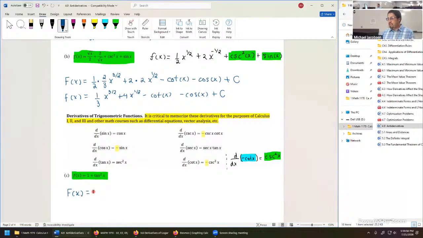But then we're stuck because this is a weird question. When have you differentiated something and got a tangent squared out? Really weird question in a certain sense, right? Sure, we've differentiated a tangent and got a secant squared out. We've differentiated a cotangent and got a negative cosecant squared out. But I don't think we've differentiated a function and got a tangent squared alone out. So this one is more of a reminder that sometimes we require